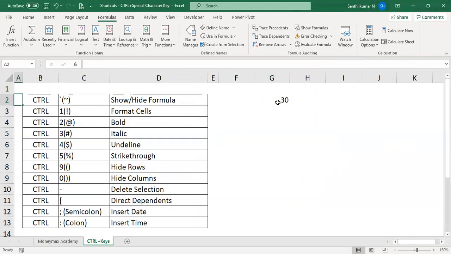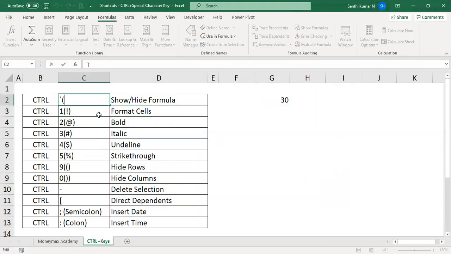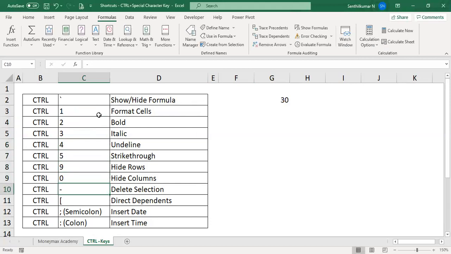Number 2, Control 1. If you want to use Control plus 1, you can get the Format Cells.